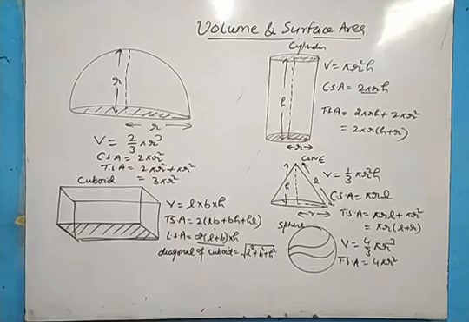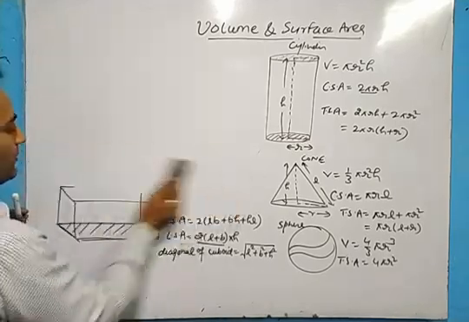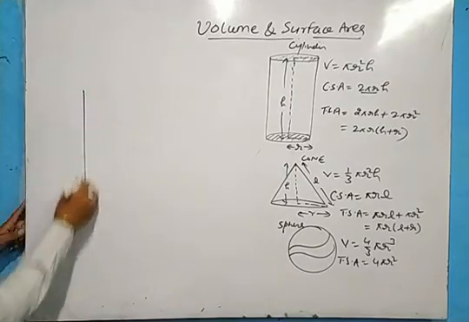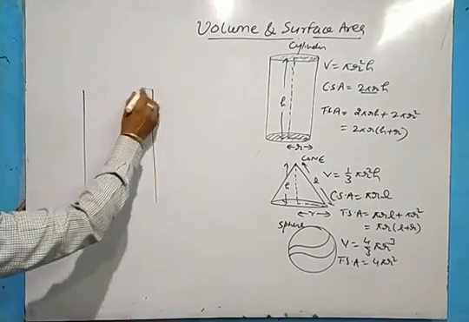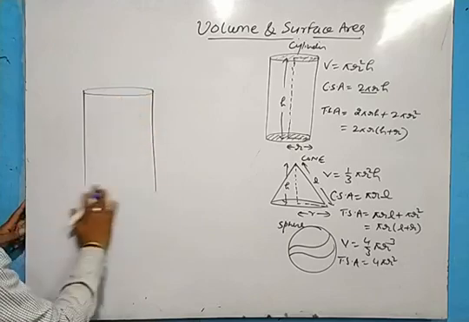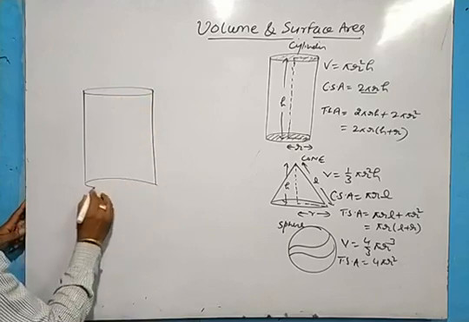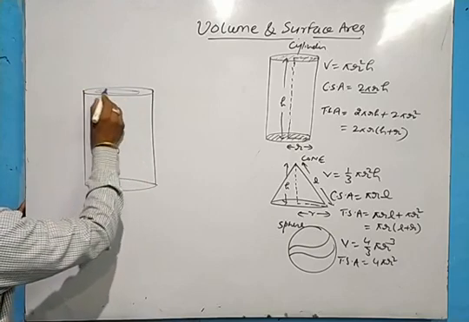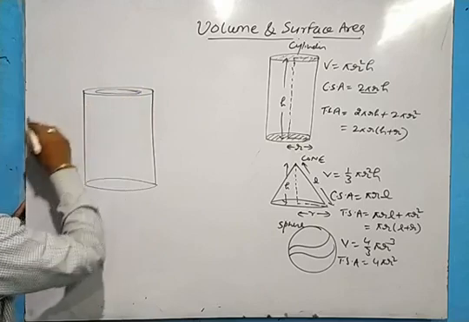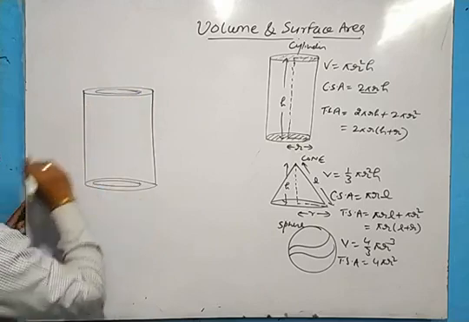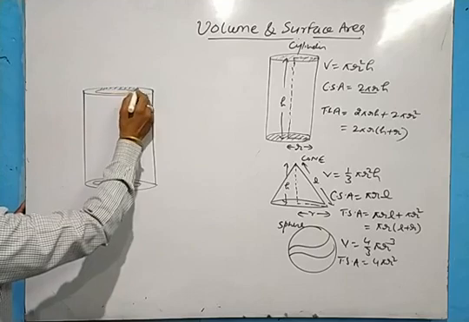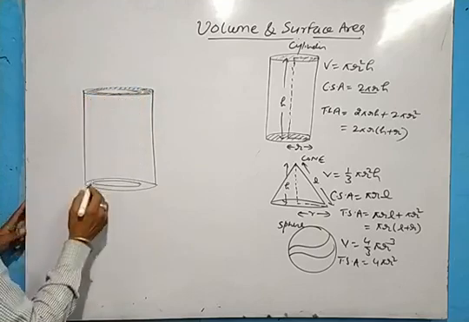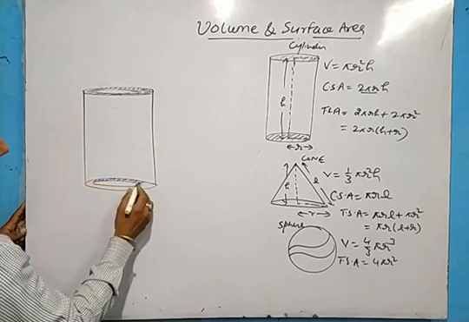Please note it down, remember it. And now in class 10th, what we have to get is, listen carefully. If you have a cylinder, a hollow cylinder will be there, and the thickness of the metal will be given. This. So we need to find the volume of the metal used to make the cylinder.